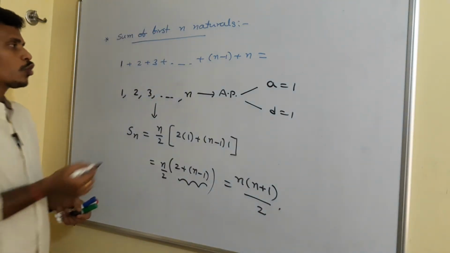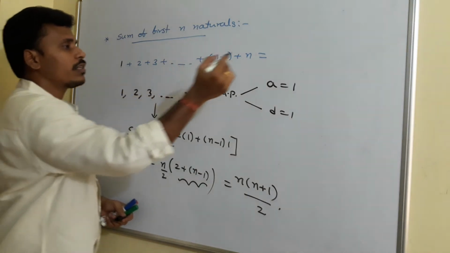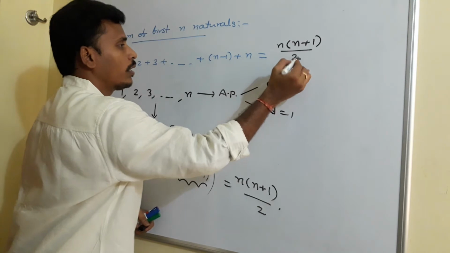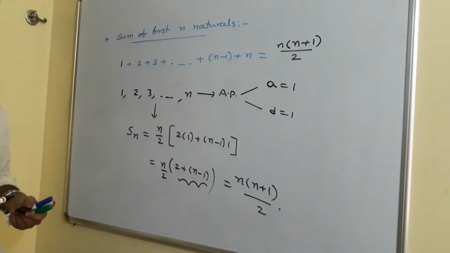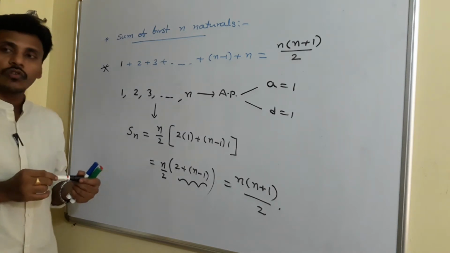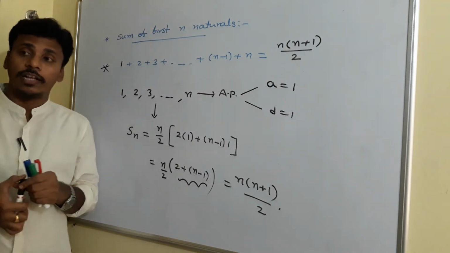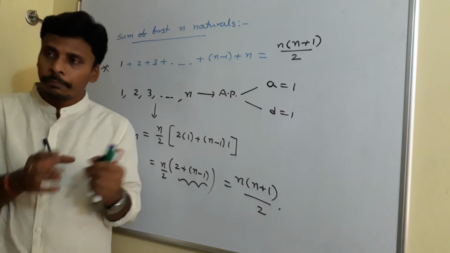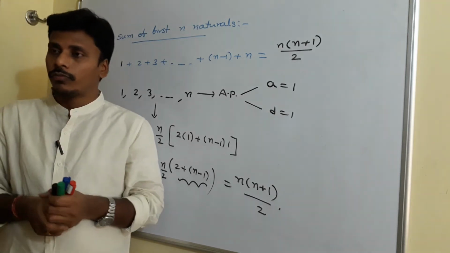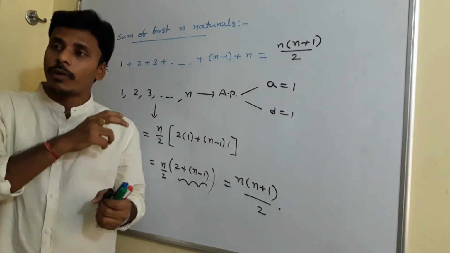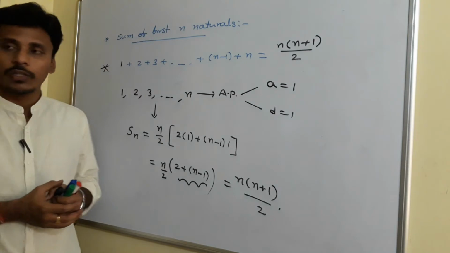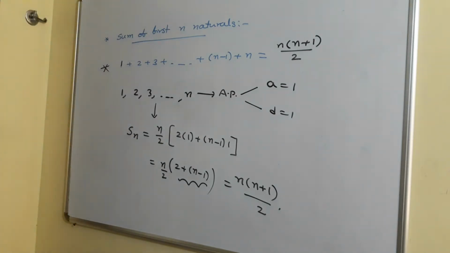Have a look at this. So at the end, the sum of the first n natural numbers is given by the rule n into n plus 1 by 2. So this is the sum of the first n natural numbers. You need to concentrate on the thing that it is the sum of the first n naturals. If they ask you to find the sum of any n natural numbers, then the sum can't be n into n plus 1 by 2. If the summation starts from 1 up to n, then only the summation is n into n plus 1 by 2.